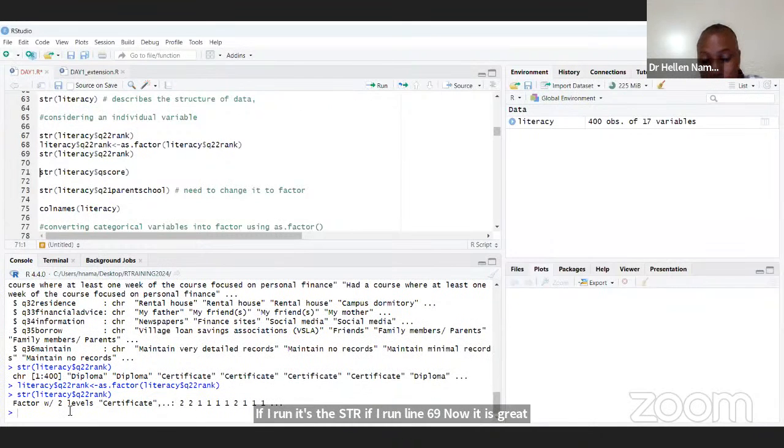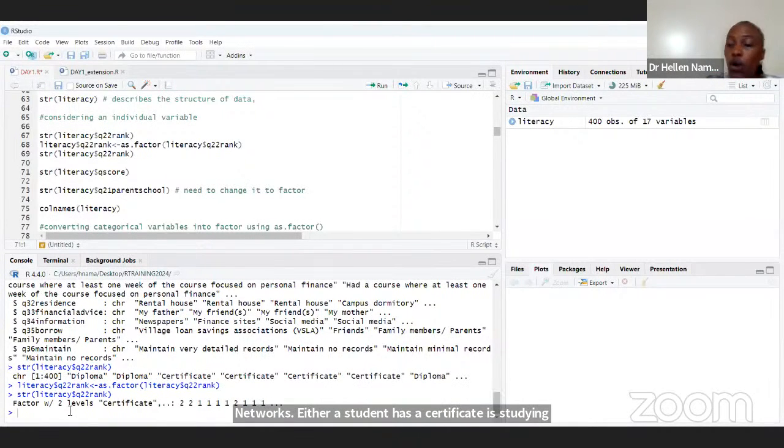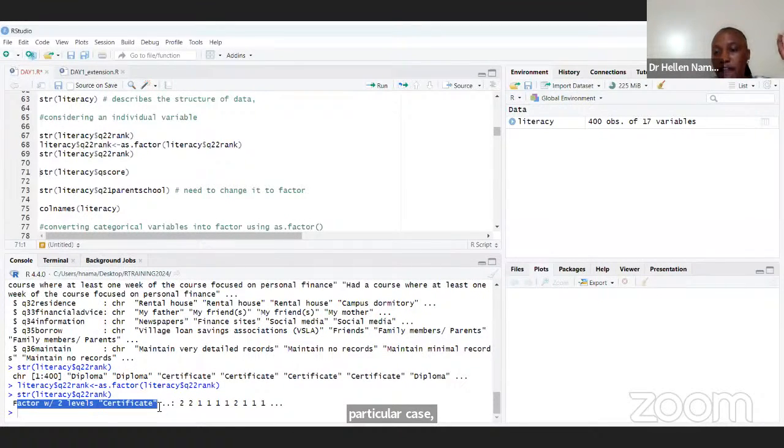me that the rank is a factor with two levels. Remember, we said there are two levels. Either a student has a certificate, is studying for a certificate or a diploma. So in this particular case, I'm telling R, don't read rank as a character, read it as a categorical variable. And so in that, I use the as.factor command. So depending on the number of